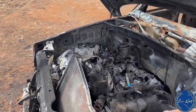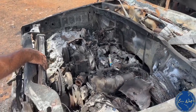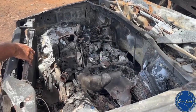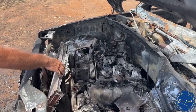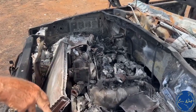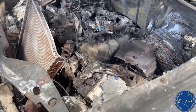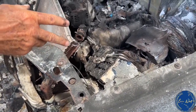And this is an enclosed area that's harder to heat, right? Yeah, there's no oxygen in here. So all the aluminum, anything aluminum, plastic got melted. Any of the copper, the battery, the lead in the battery, the brake master cylinder. You see, all the copper is actually still there from the electrical harness,